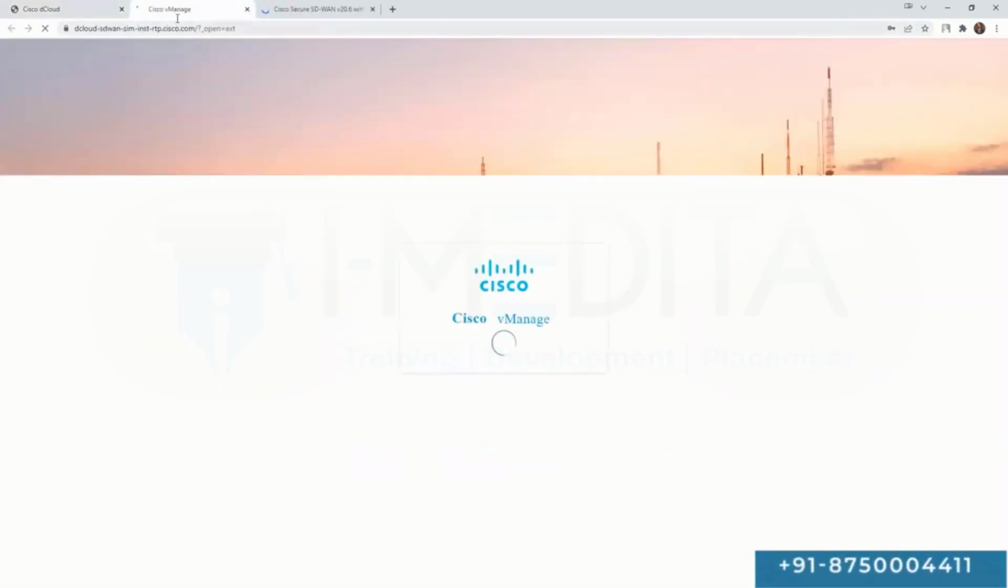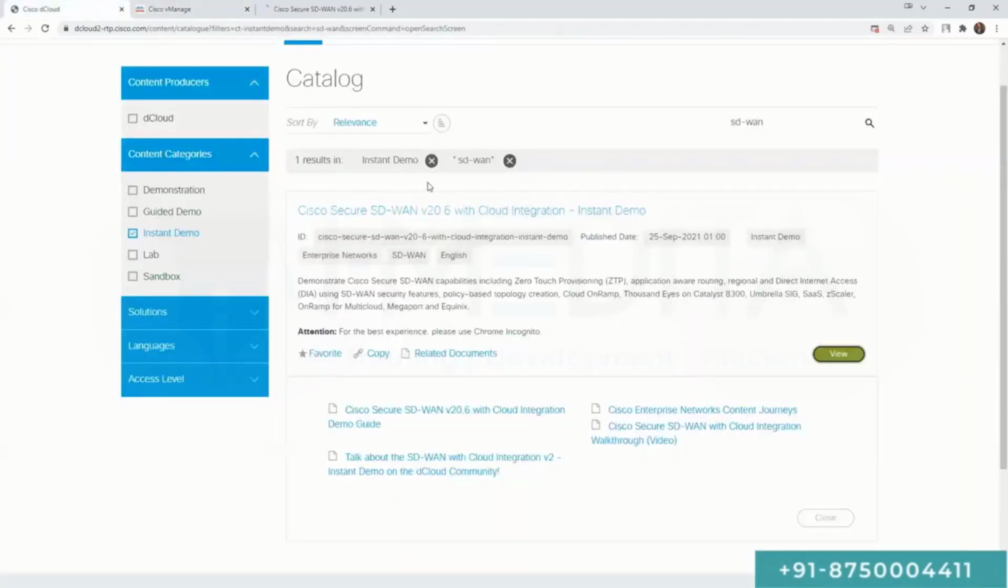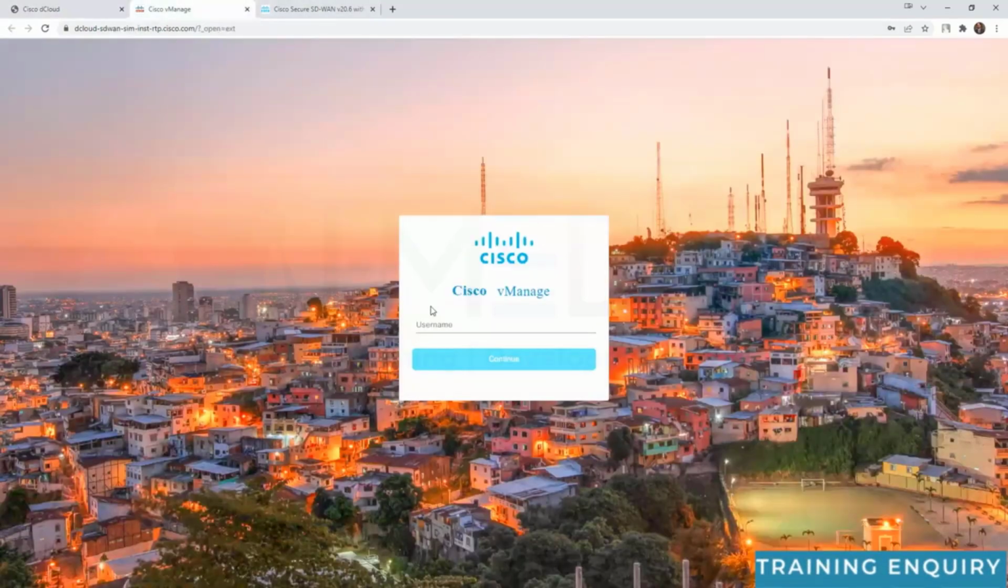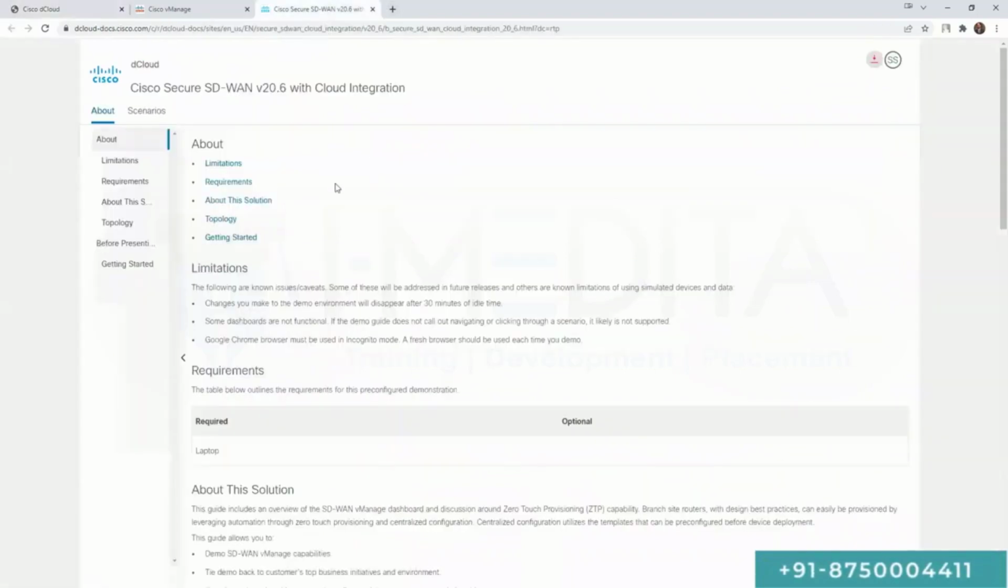Once you click on view, it is going to open cloud-based access to this vManage Network Management Station. So what Cisco has done is give us access so that we can at least view what SD-WAN does and what advantages you get, based on this pre-configured lab. Now, here you have to log in. So how can you log in? You can just read this document here. You open this document, and here,